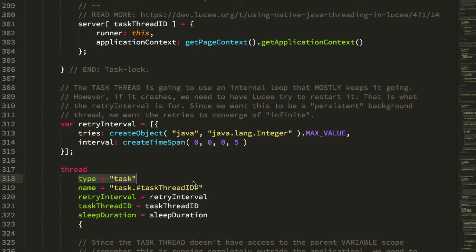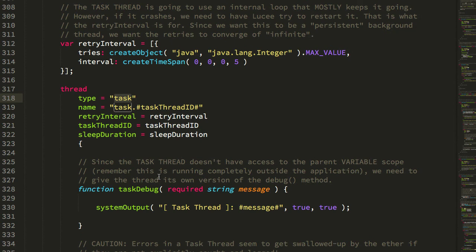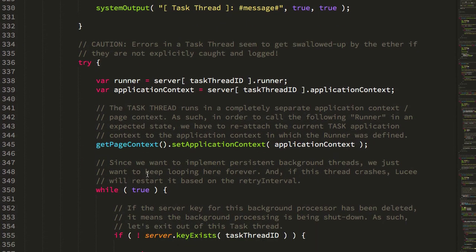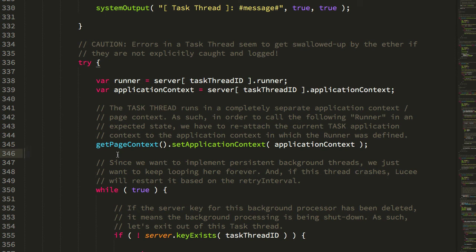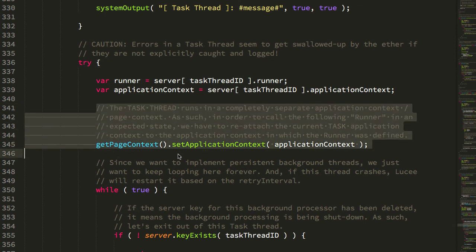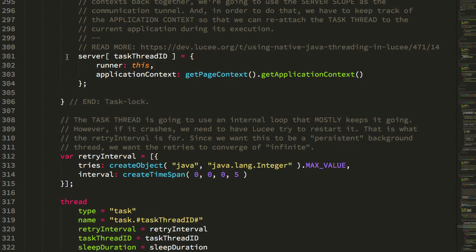Anyway, I just thought this was a really interesting experiment. Task I don't believe exists in Adobe ColdFusion. I don't know how long it's existed in Lucee CFML. And frankly, when I learned about it, I couldn't think of an actual use case for it, especially because of all of this shenanigans where it's not actually running as part of the ColdFusion application. So what's the point? But now I learned this little trick where you can actually reassociate the running task thread with the parent ColdFusion application context, granted, we're using a lot of shenanigans here with the shared server scope, but